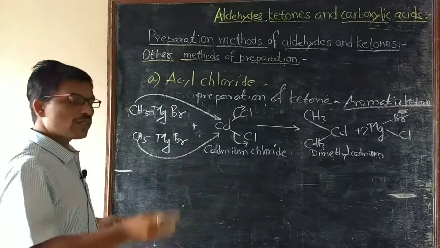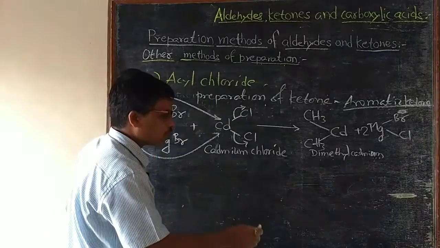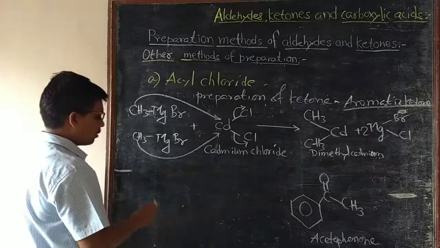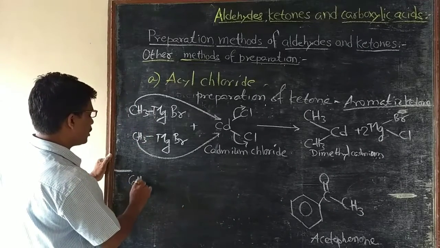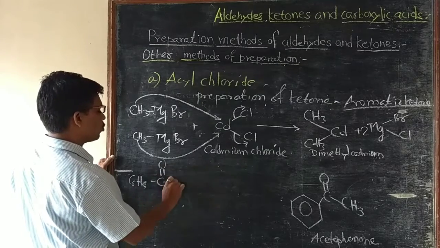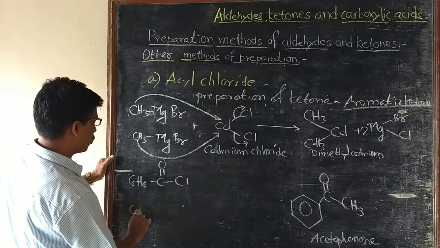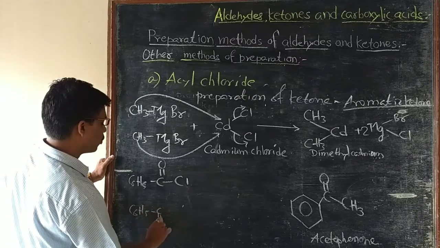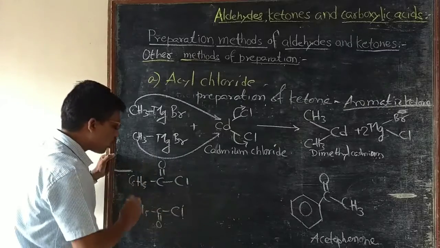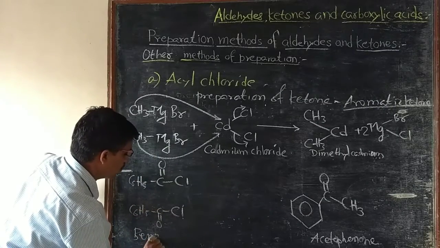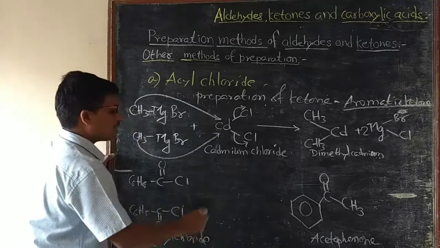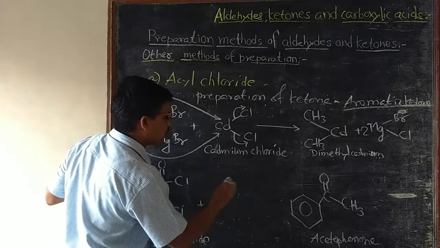Then, preparation of aromatic ketones. Consider one example, that is preparation of acetophenone. Acetophenone is prepared from benzoyl chloride, that is C6H5 C double bond O Cl. Then another molecule of C6H5 C double bond O Cl, by reaction with dimethyl